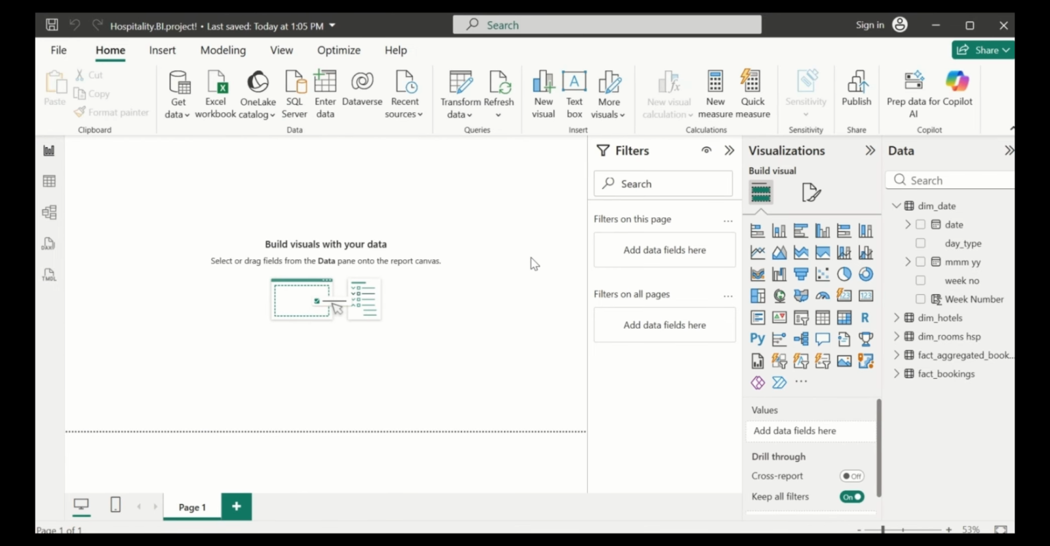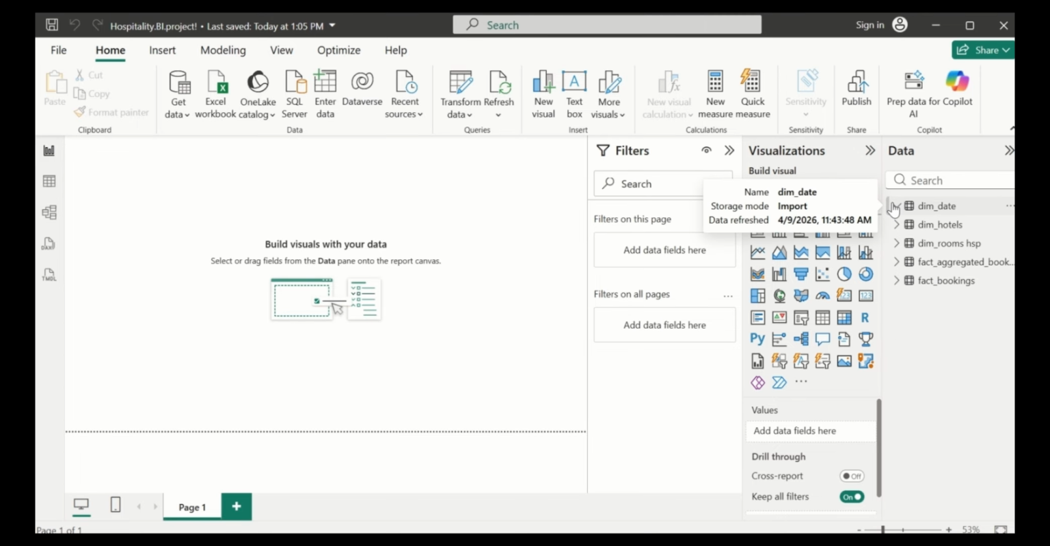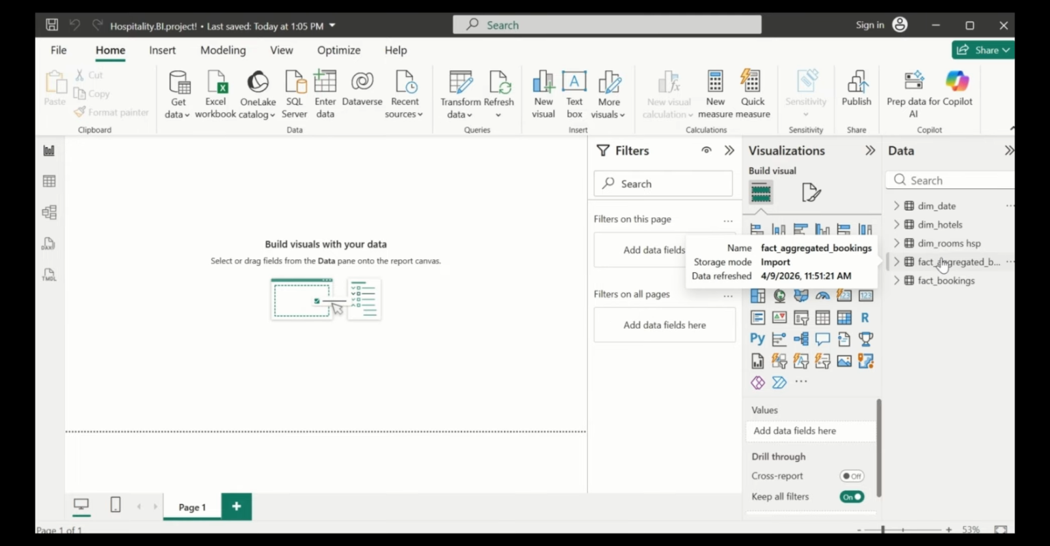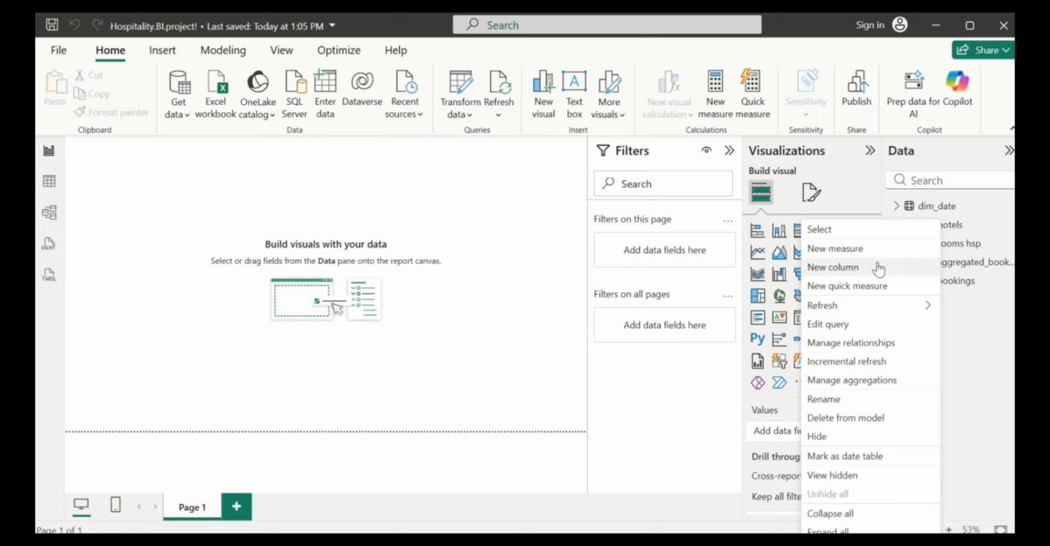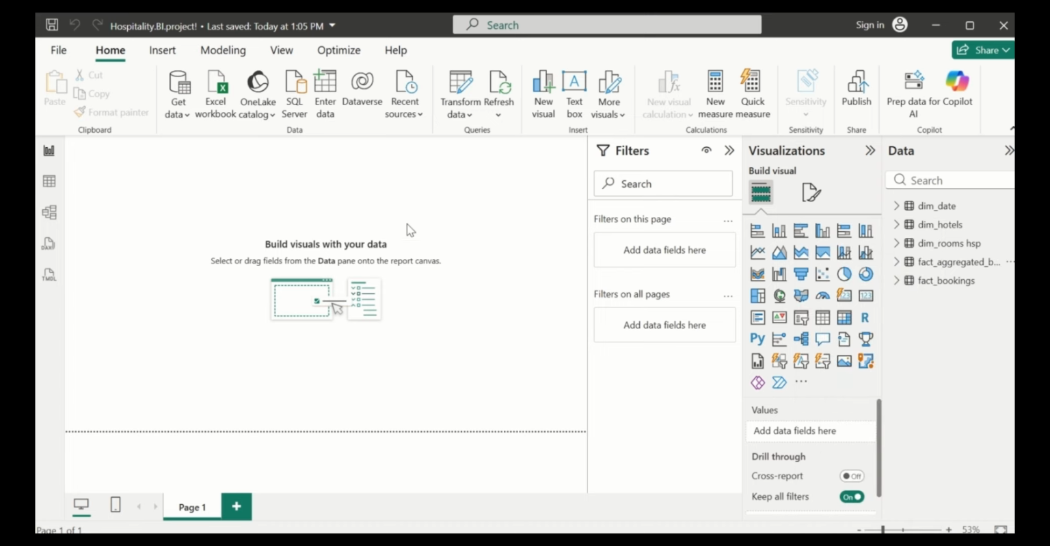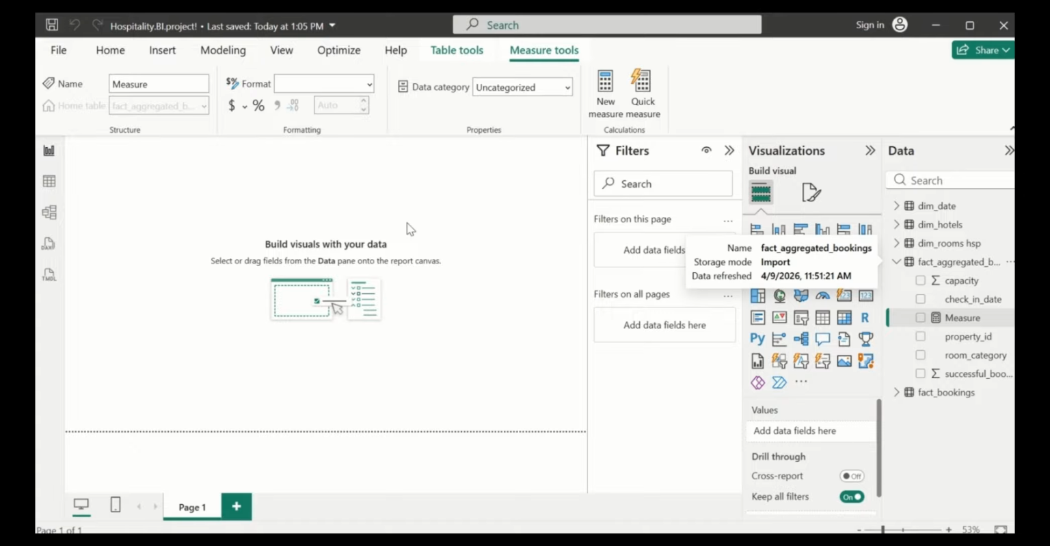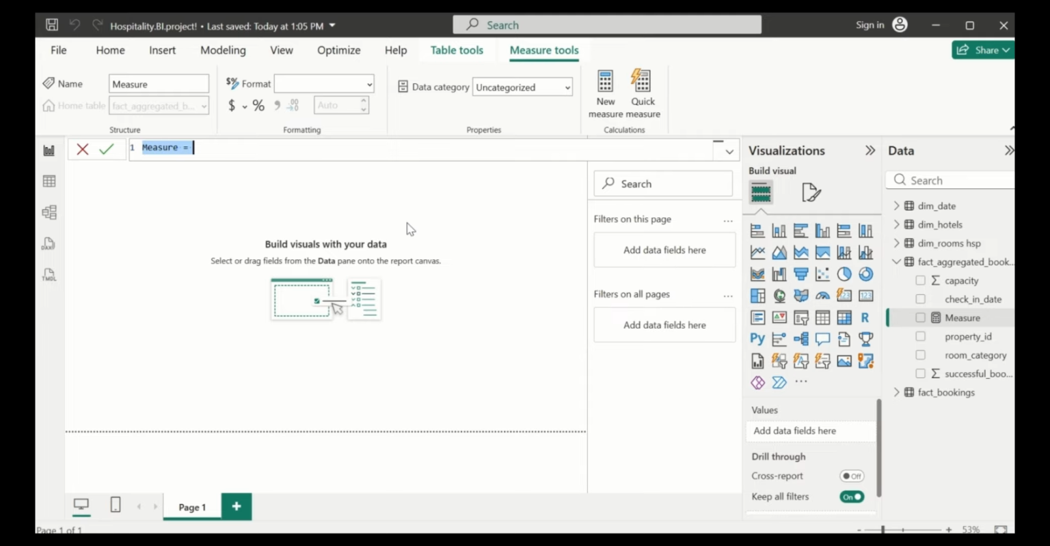And then we shall also start doing the aggregation. So let's use a right click and then come to new measure. We'll start with total revenue. So we're going to write total revenue